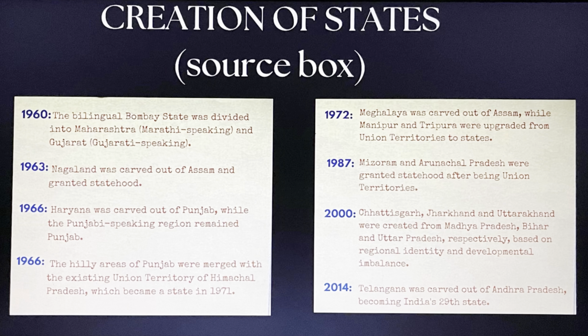And why were these states bifurcated further to make these three states? Firstly, because of regional identity. People living in the areas of Chhattisgarh might have a different identity from people in Madhya Pradesh. Bihar, being a very big state, might have caused problems regarding some areas being left out in terms of development. If you form another state, then that state government will take care of development in that particular state. That is why Jharkhand was created. And Uttarakhand was mostly created because of the geography.